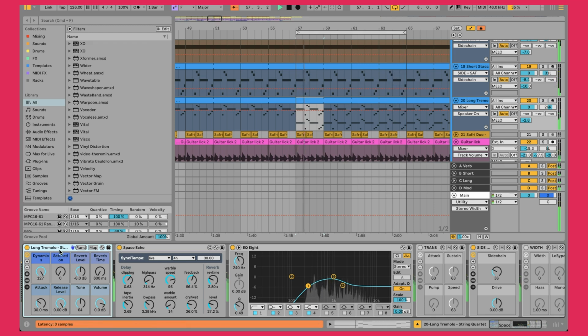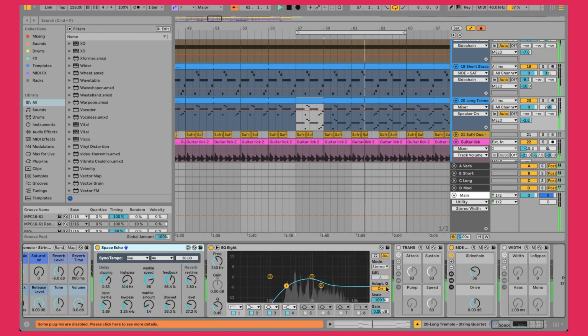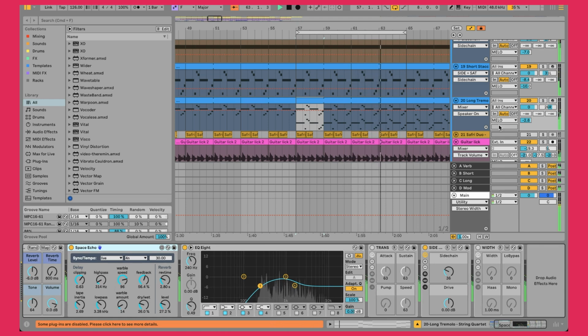Running into this string sound from Ableton, a little bit of Space Echo to fill it out, make it a bit patty, moving some of the lows, shoving up some of the highs to push it in, and a little bit of one-knob sidechain to make it pumping.